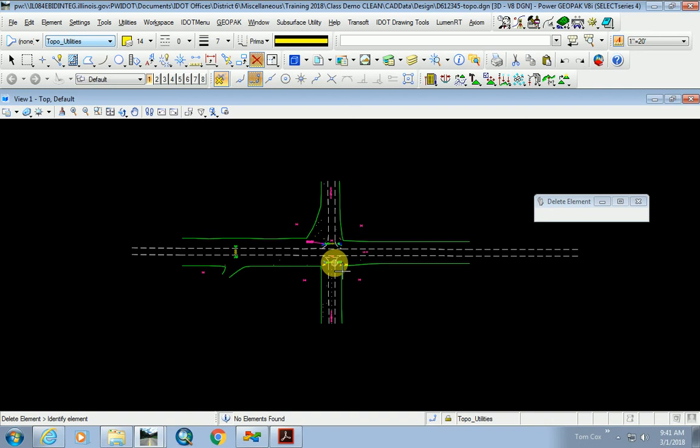District 6 is completely in the west zone, with the exception of like a little sliver over by Pana, I think, in Christian County. That makes it really easy for us to know that if anybody asks you what coordinate system you're working on, you can say, I'm working on the Illinois State Plane Coordinate System West Zone. And from that West Zone, you'll hear terms like NAD 83 or HARN